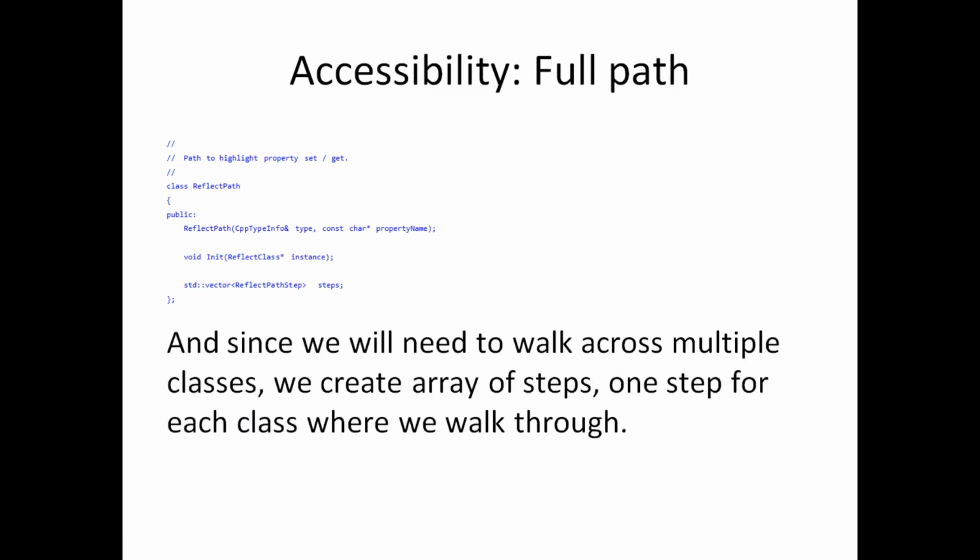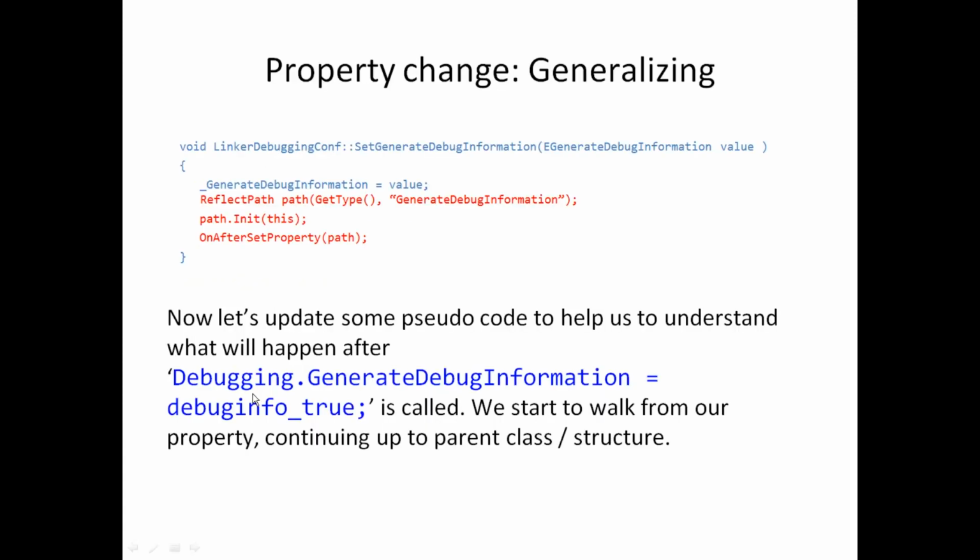We are walking across multiple classes and across different class types, and each step we take in that one will be recorded as its own step in this vector. Originally we had a function call like this, and it would actually trigger this function call, and we record the value provided in that function call, and after that we need to provide that information about the updated value to the